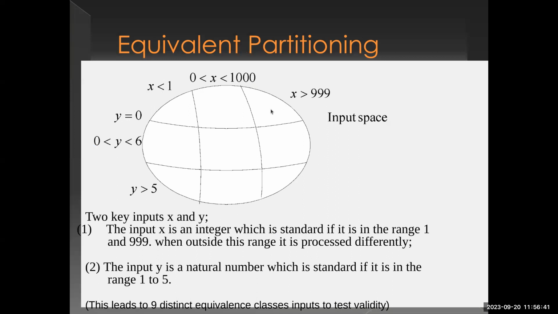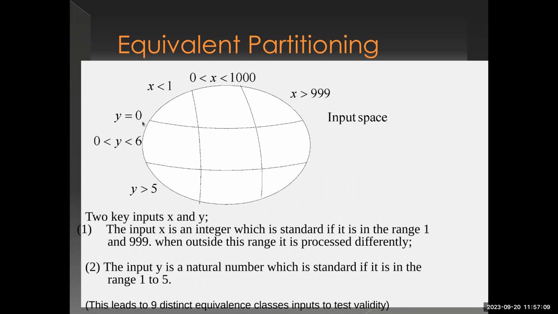This side, we check the input space, we check greater than 999, between 99 to 1000, whether it's correctly 1 to 0. This side is to check 1 to 0,